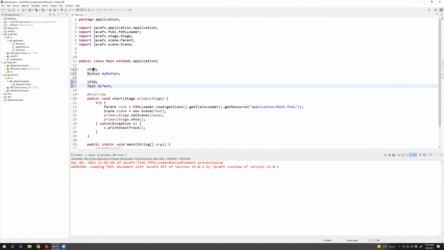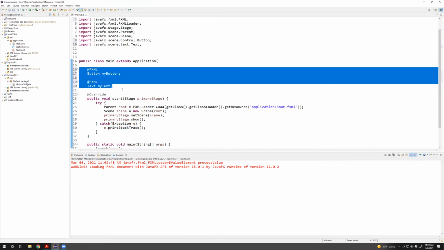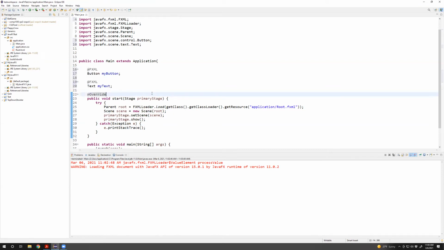Now, of course, I need to import stuff. So the tag fxml needs to be imported. The button we're going to import, and the text we're going to import. So make sure you get all those imported. Now I have references to my button and my text, but we have to hook them up